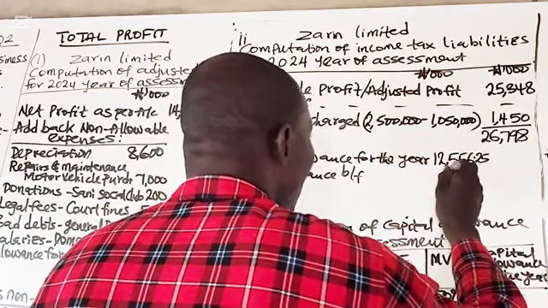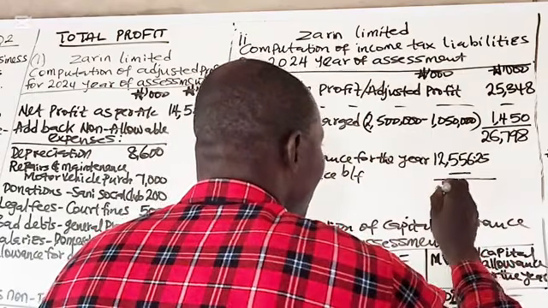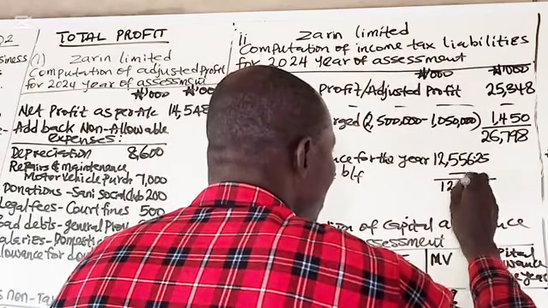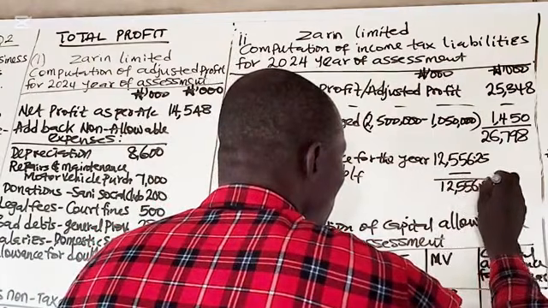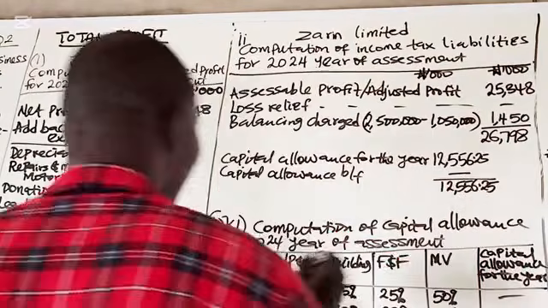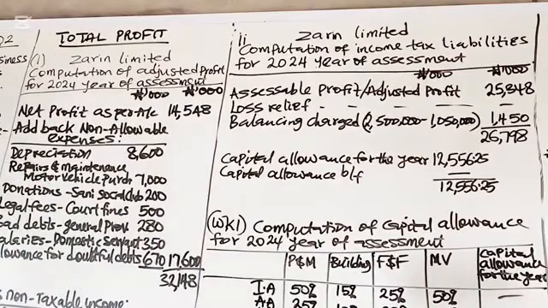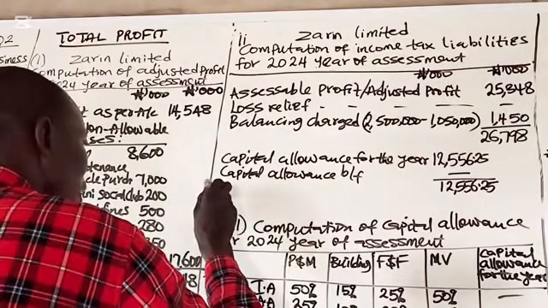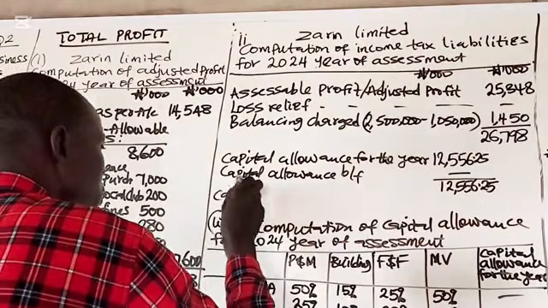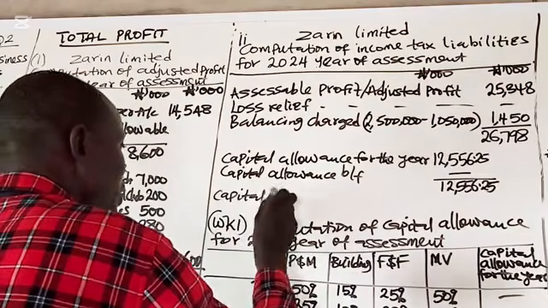There is no capital allowance brought forward from previous year, so that means our capital allowance will still remain the same. How much will be claimed as capital allowance for the year? So we have capital allowance claimed,